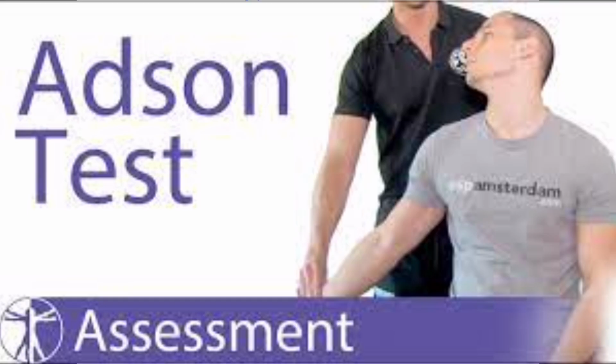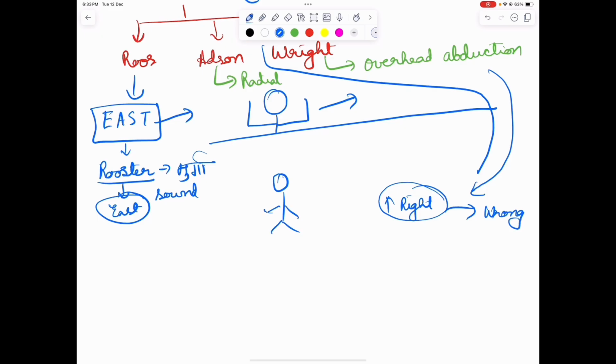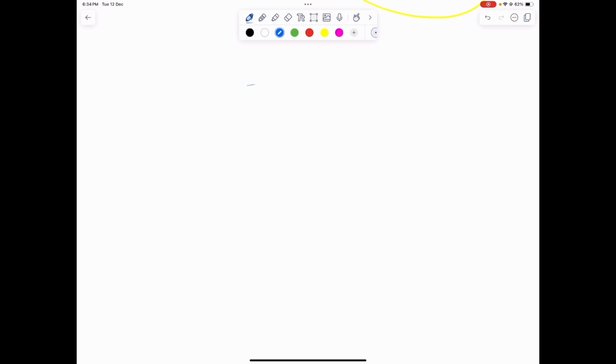For example, this person is elevating the hand. It is right until it reaches this point. Now it will change into the opposite thing. It will become bad. Now when it becomes bad, you can remember that they are doing bad, and then they are covering it up by sanitizing the name and putting it right. So, overhead abduction, Wright. We move on to the tests for carpal tunnel syndrome, like Phalen's test and